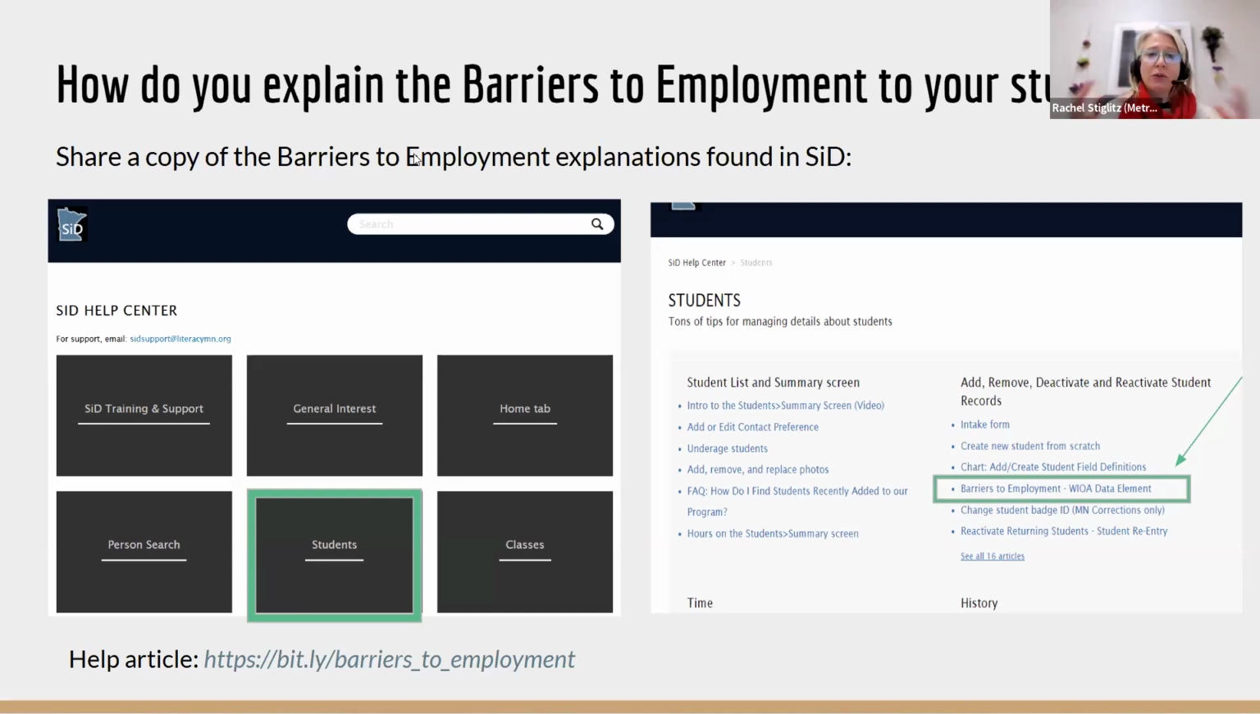To get to the explanations of those barriers that I believe both Jenny and Brandy referred to, go to the help screen or help tab in SID, then on the page on the left, click on students, which is highlighted in green. It goes to the next page, and on the right-hand side, highlighted in green, you can see barriers to employment. So those are the WIOA